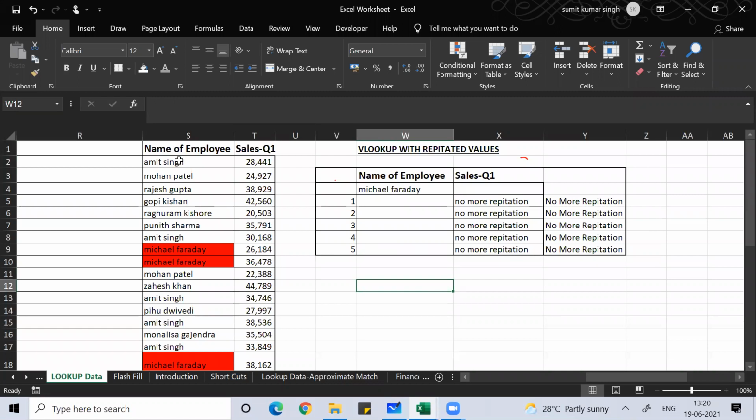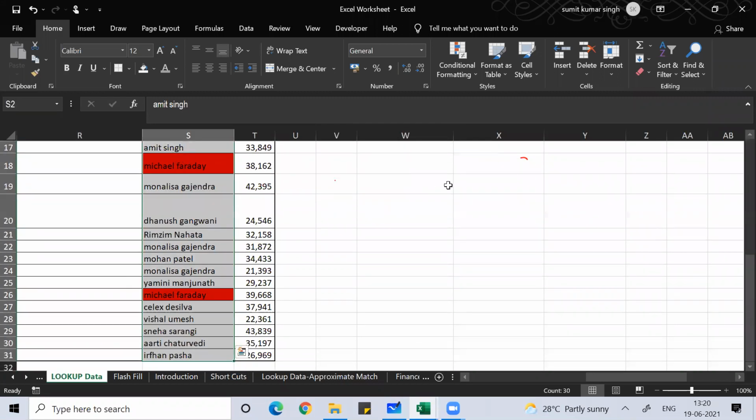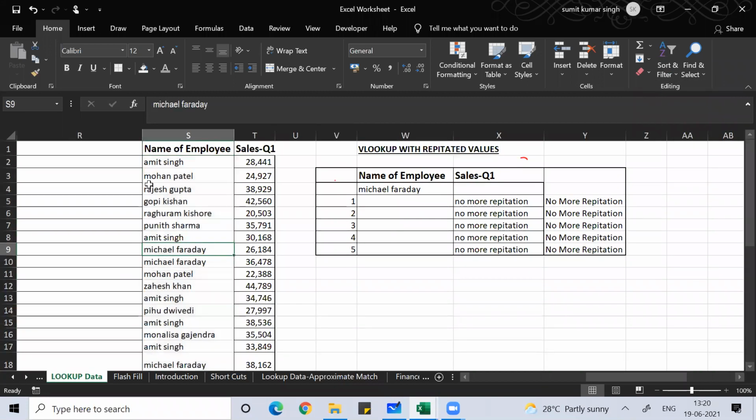let me just erase all the formatting. Clear format. Let me erase all the format here.